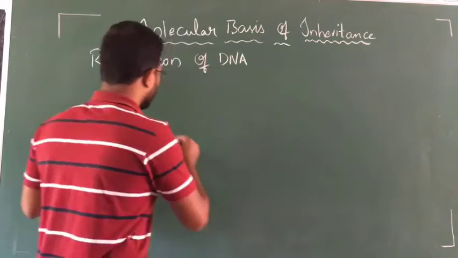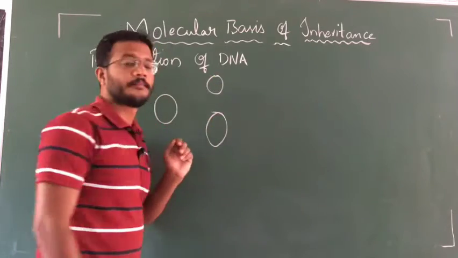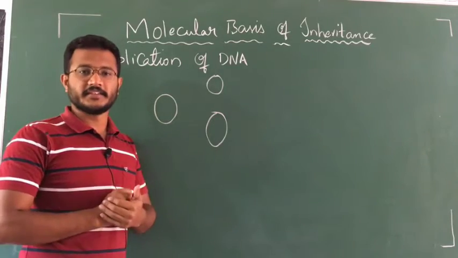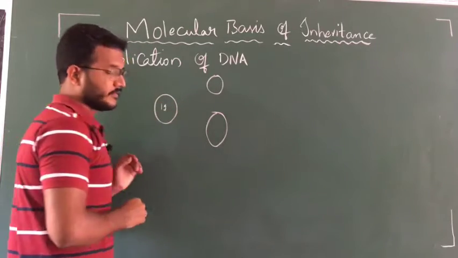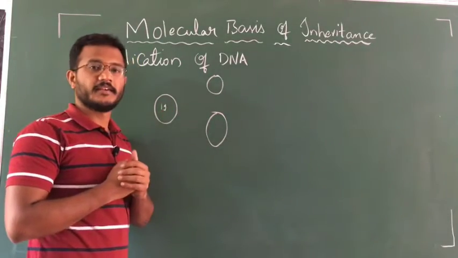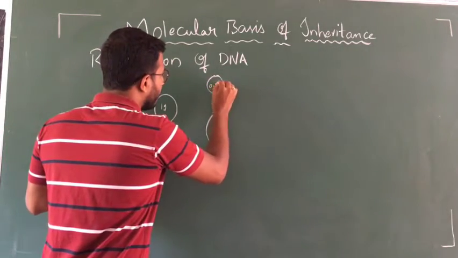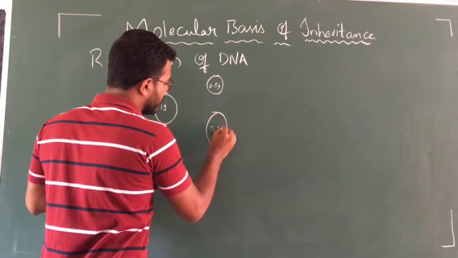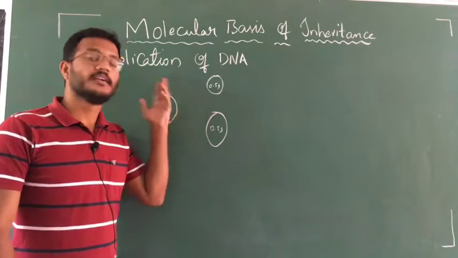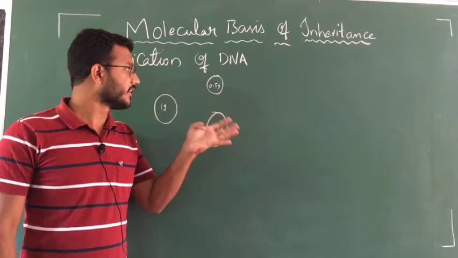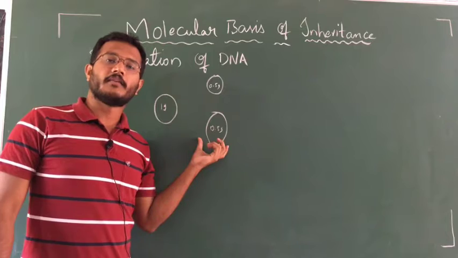Let me show here. As we know, from one cell, through the process of mitosis, two cells will come. This is cell division. For example, here 1 gram of DNA is there. While dividing, you can assume that here 0.5 grams will come, and 0.5 grams here. How is it possible? Because some characters are present in another set. That means only a half set is coming here, and only half of the DNA is coming.